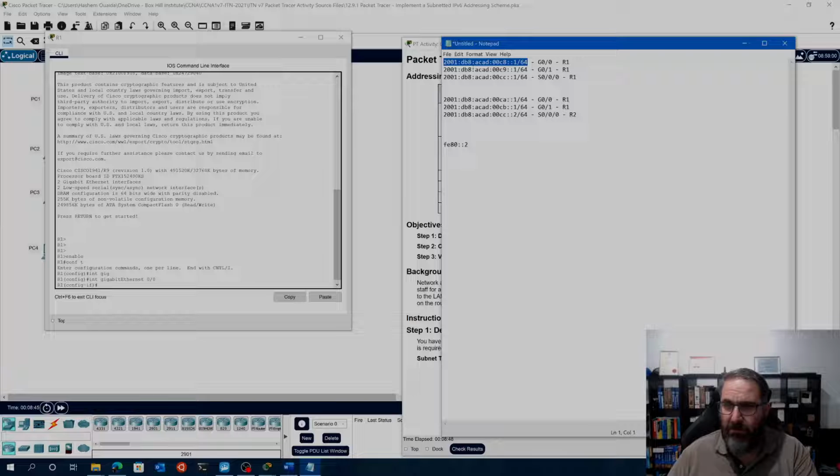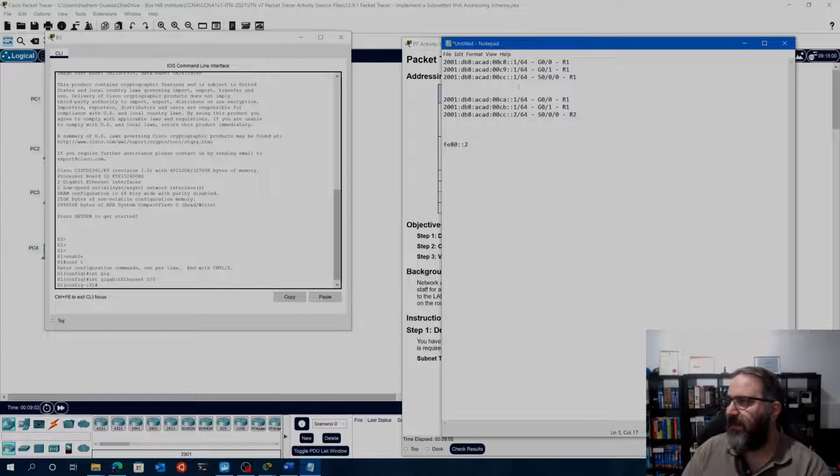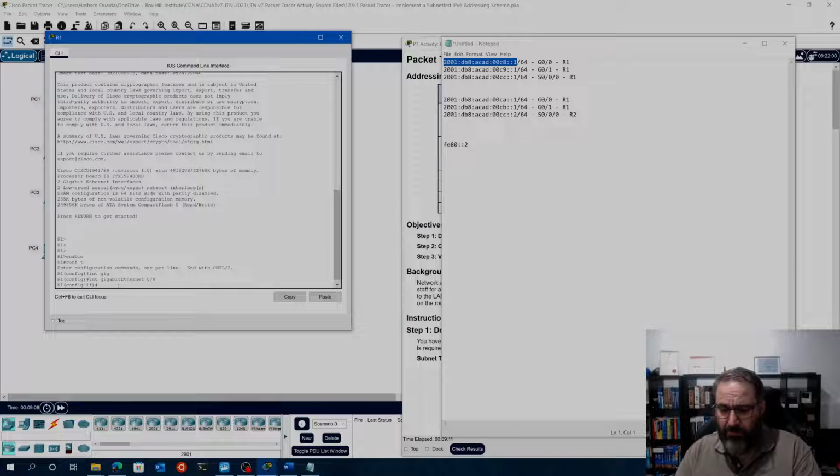I'm just double checking to make sure that we're doing this right. Something's not quite right there. What are we missing? C8, that should be good. Oh, you know what? The leading zeros. That's fine, let's just leave it as it is. All right, so we'll copy that, and what we'll do is we'll do